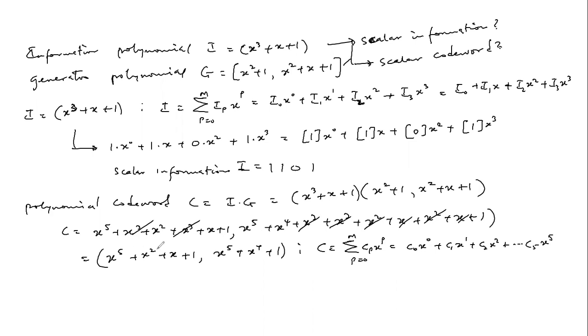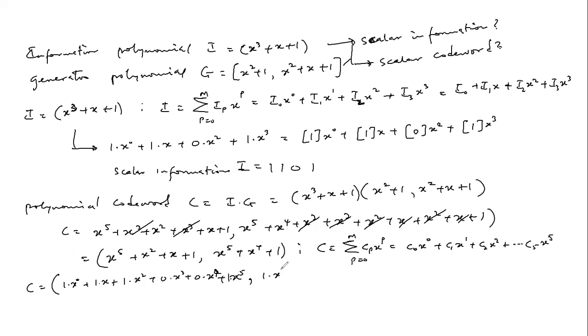And then we can now rewrite this to say, well, this is the same as, say, 1 dot x naught plus 1 dot x plus 1 dot x squared plus 0 dot x cubed plus 0 dot x to the power 4 rather, plus 1 dot x to the power 5, comma,